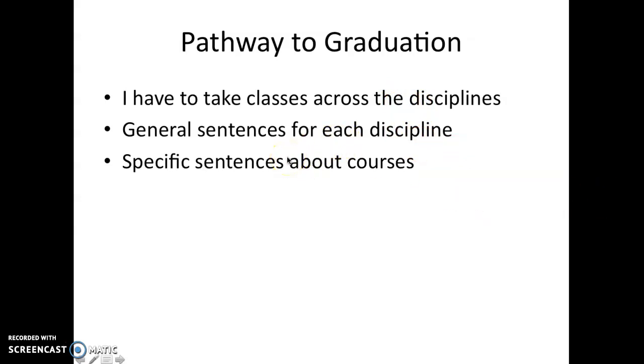Like you might have said, for example, for the humanities, I'm going to take English 108, or public speaking 115, whatever the case may be. In the social sciences, I'm required to take sociology 101. So that would have been how you would have developed the paragraph. And then you, of course, would have wanted to have a concluding sentence and transitions between all those pieces.